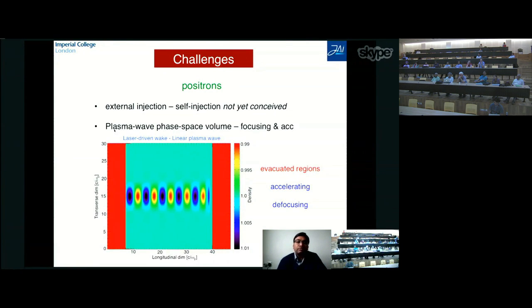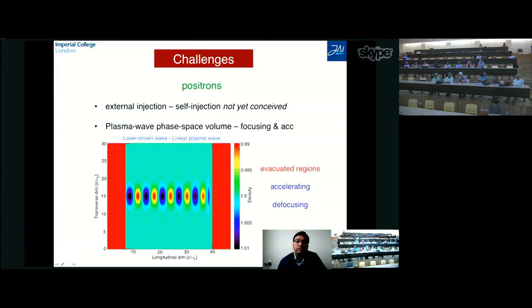In addition to that, the phase space volume of the plasma wave, which is available for transporting positrons, poses a challenge. So let me just give you a very simplistic picture of the second challenge. If you think about a simple linear plasma wave, which in this picture is being driven by a laser pulse, and this is a 2D PIC simulation, you can see that there is an electron density buildup in the blue regions, in the blue-purple regions, and there is an electron density evacuation in the sort of green,